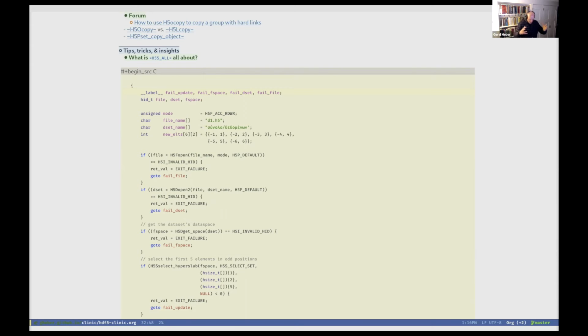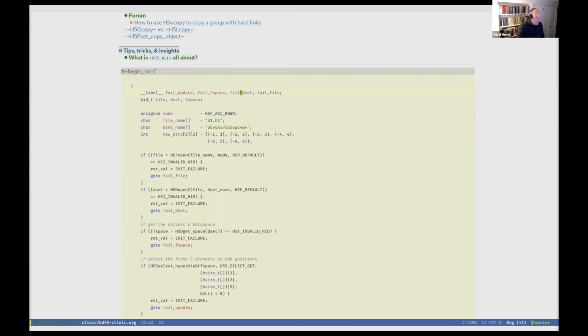H5S_ALL looks like it can save us some time declaring an extra data space in the file and/or in memory. It's safest if H5S_ALL goes into both arguments for H5Dread and H5Dwrite. And if not, we have to be careful, and I will try to explain why and how.